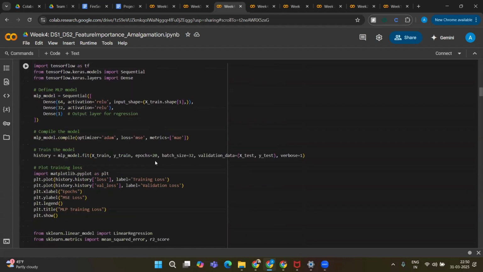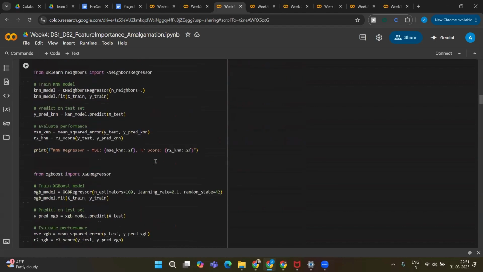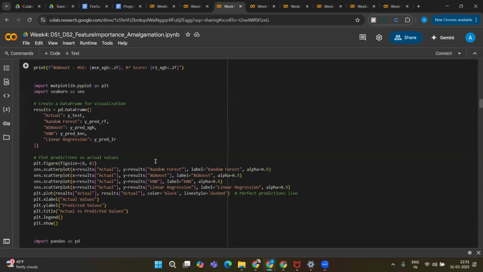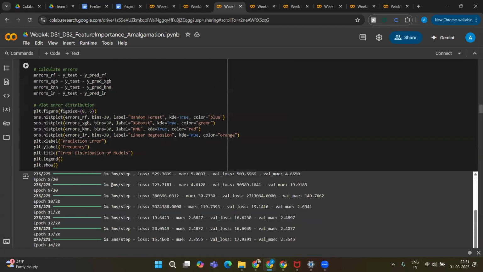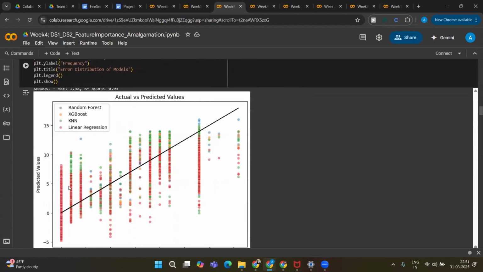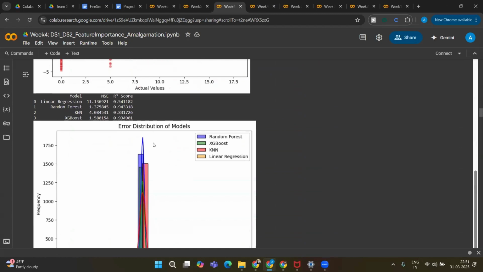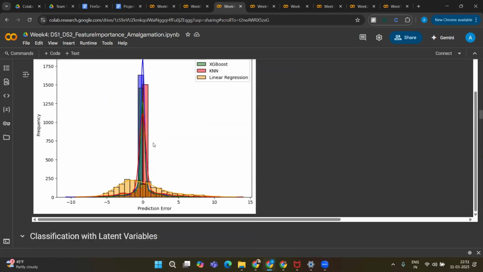done linear regression, KNN neighbor, random forest, XGBoost regressor over here, and you can see the MLP training loss for the MLP and actual and predicted values, and also the mean square error and R square error as it is the regression techniques. And we have plotted the error distribution of the models over here, and then in the classification